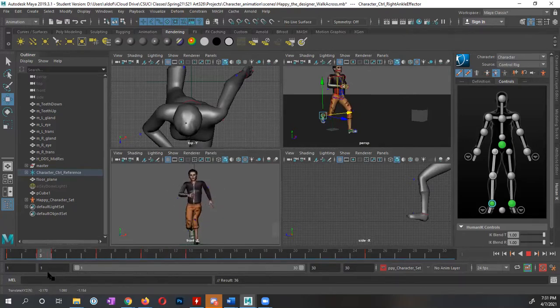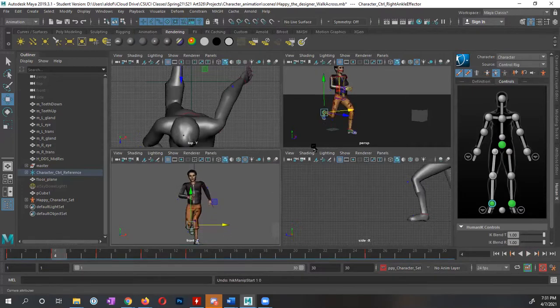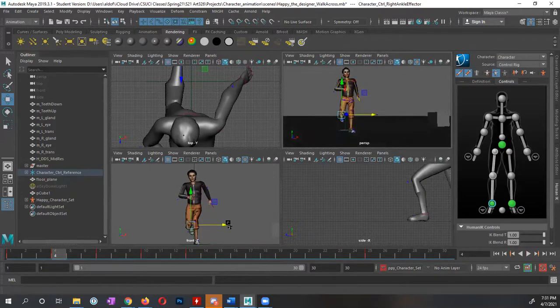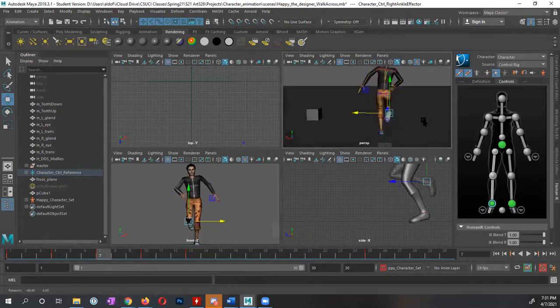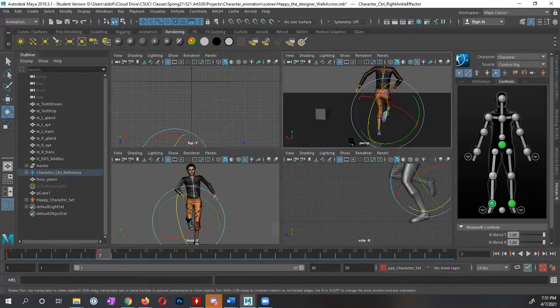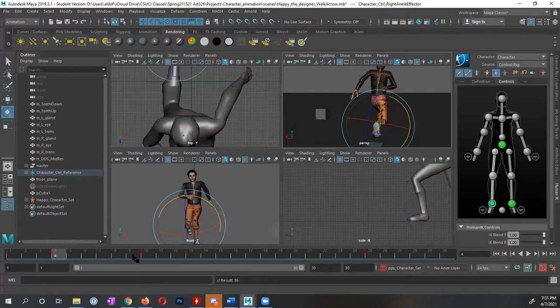But this hopefully, oh, I put it at the wrong place. I don't want the keyframe right there. I want it at frame 4. And maybe right here, what I also want to do, I want to maybe rotate the foot so that the foot is going this way, which if I do that,